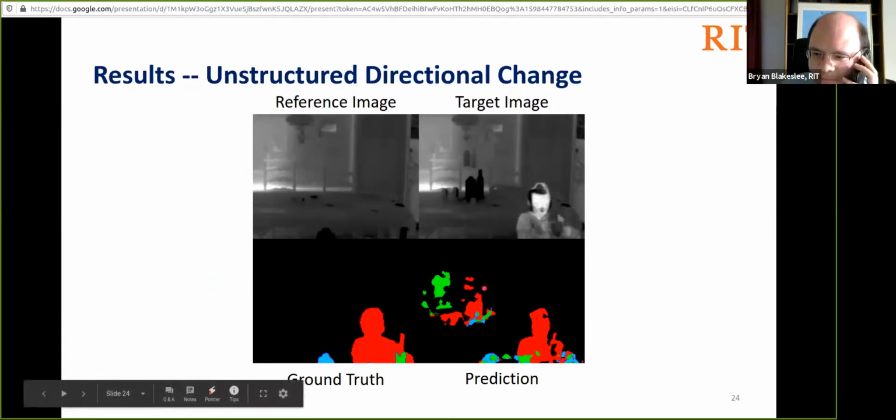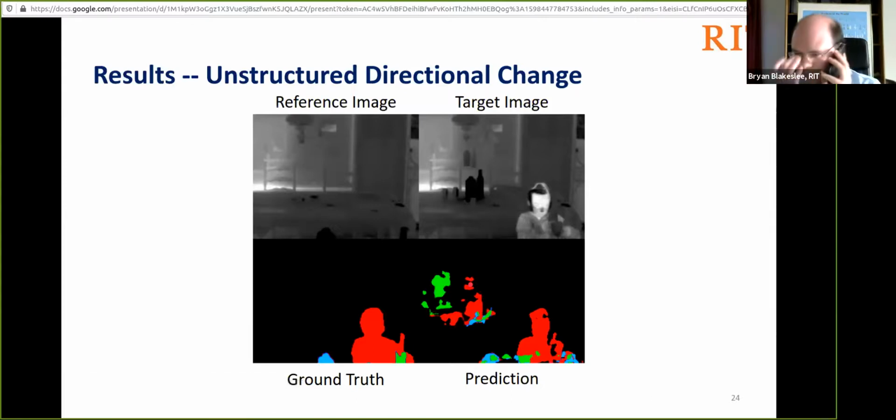You have the bottles and cans being correctly marked as additive change in the image, despite the fact that at no point do we ever actually train this network to specifically look for bottles. And so it is actually performing that separation function to highlight regions of the image that are dissimilar.